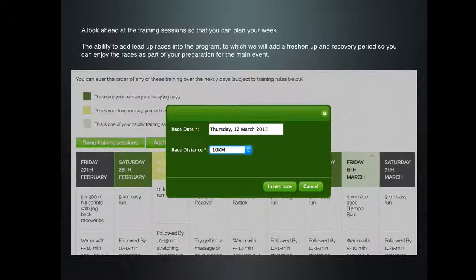We also look ahead at the training sessions that we have planned for you over the coming week and 21 days. That way you can plan ahead. And we also give you the ability to add lead-up races. So if you've got a shorter event, a 5 or 10 kilometre race that you want to incorporate in your training, you can simply indicate which day it is in your program, and Marathon Guru will adjust a small freshen up for the race and then a small recovery and return you back into your core program